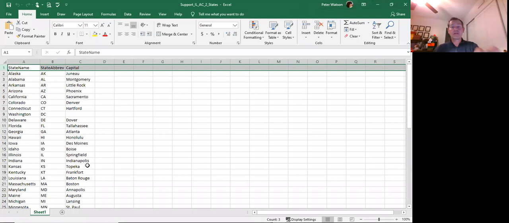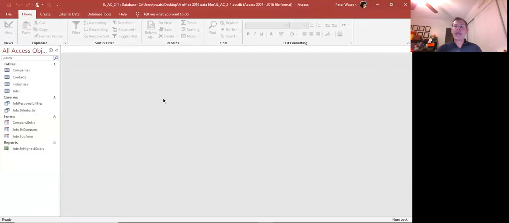So I just wanted you to see what it looks like in Excel. So I'm going to go ahead and close this. And I have Access and a database already open. So it's running. And basically what I'm going to do is import this data that you just saw from Excel into